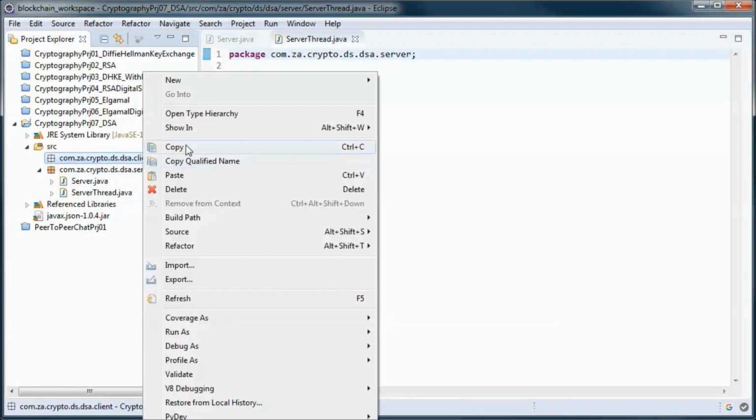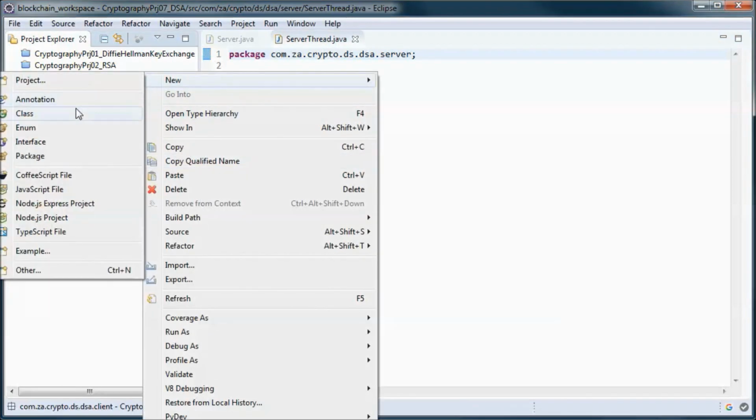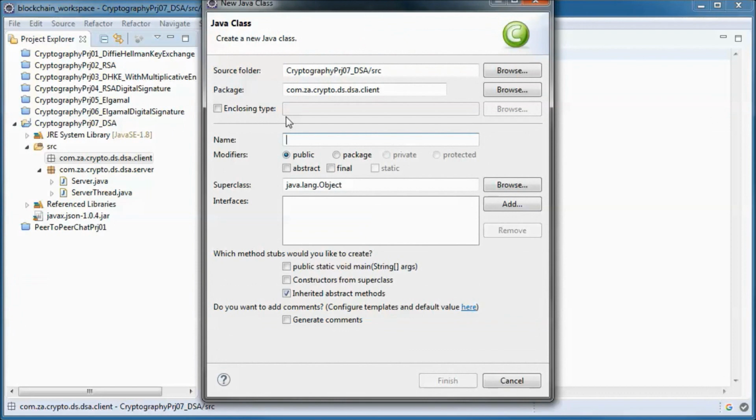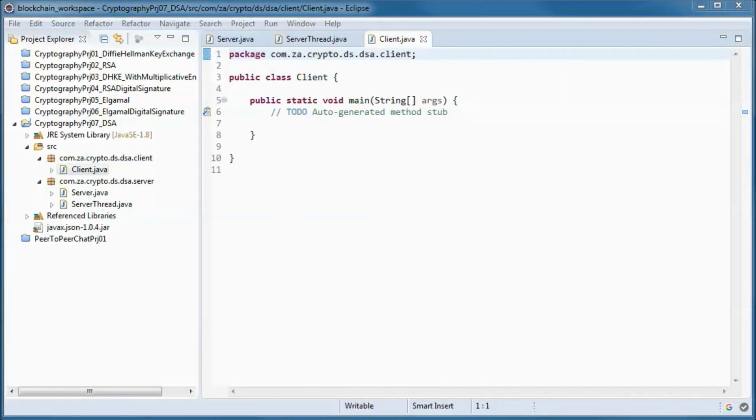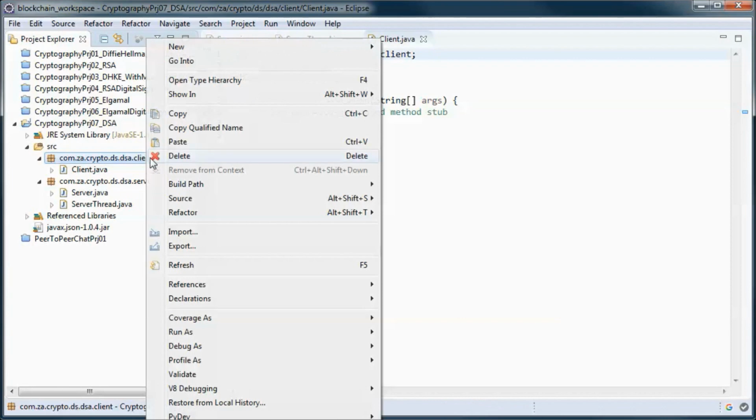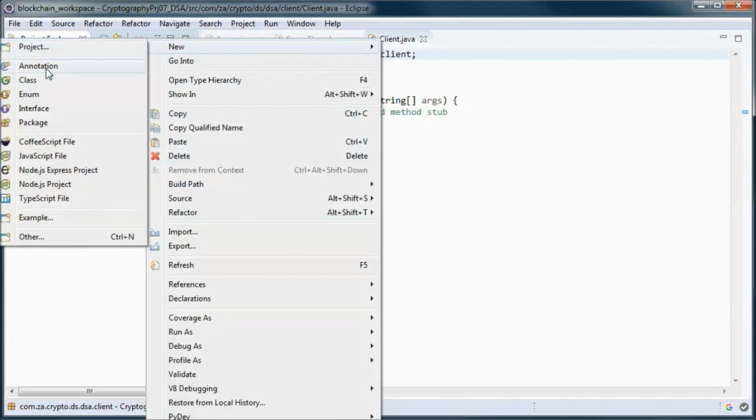and on the client side we also will have two classes, a client class with a main method and a client thread class.